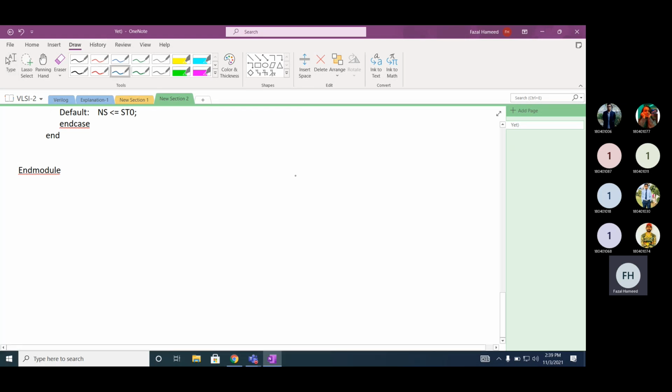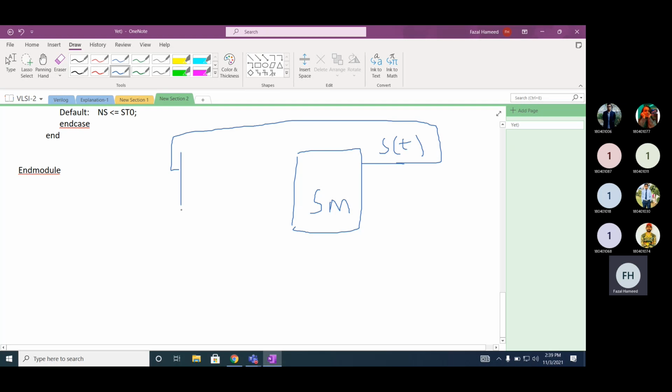In the diagram, there will be state memory. Can you see the state memory? The output is ST. It will be feedback to NSL, the next state logic, with ST plus 1.